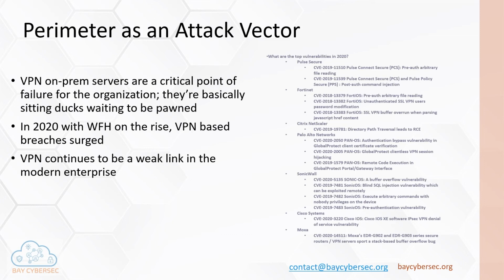What happens after the attackers get in through the VPN? They start scanning the network from within, and then they start looking for your crown jewels. What are your crown jewels? They're either production servers, so your production environment, or actual databases and stuff like that. What would they do with this data? They'll exfiltrate it, and we've seen a lot of ransomware attacks that were very popular through this attack vector.